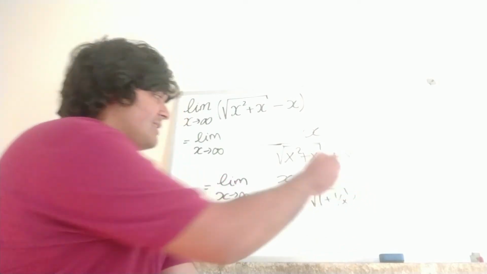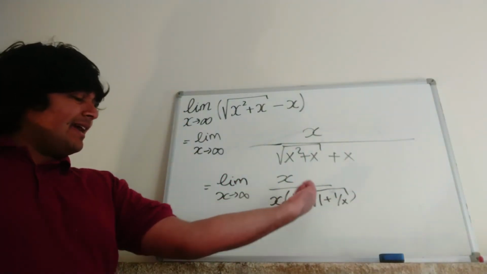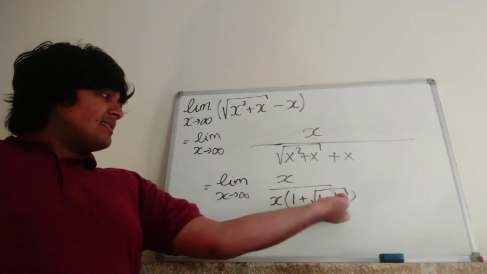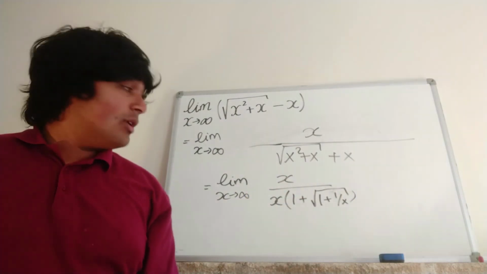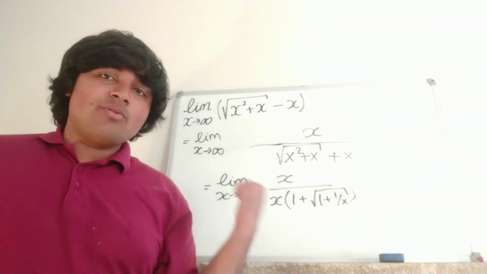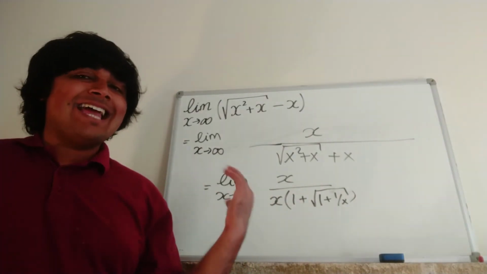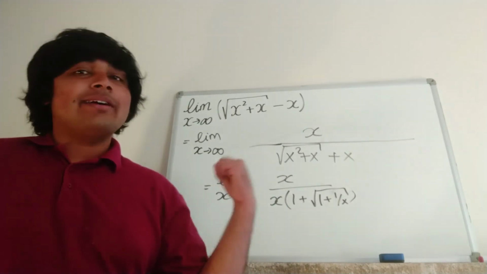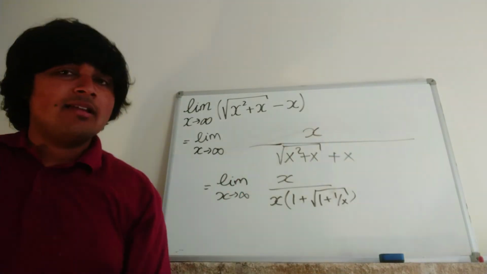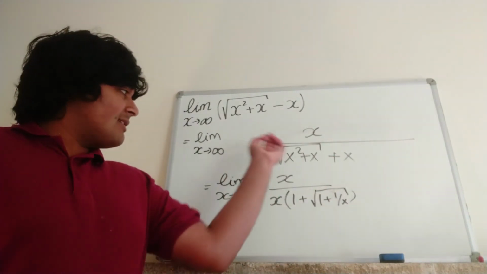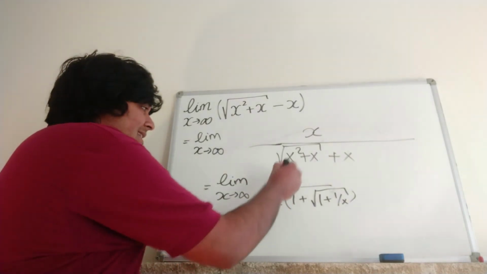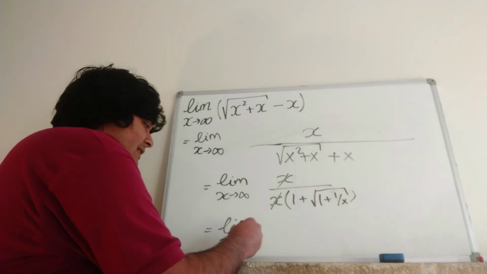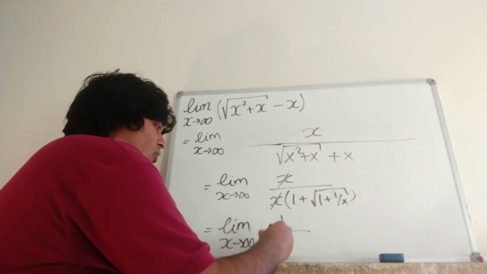Okay, so if that doesn't make sense, just expand this thing out. You're going to get x times 1, which gives us that x there, and then x times the square root of 1 plus 1 over x, but x times the square root of 1 plus 1 over x is the same thing as the square root of x squared times 1 plus 1 over x, and x squared times 1 plus 1 over x is x squared plus x. Okay, so this equals this, but what's good now is we can just cancel out the x's like so, and now this is just the limit as x goes to infinity of 1 over 1 plus the square